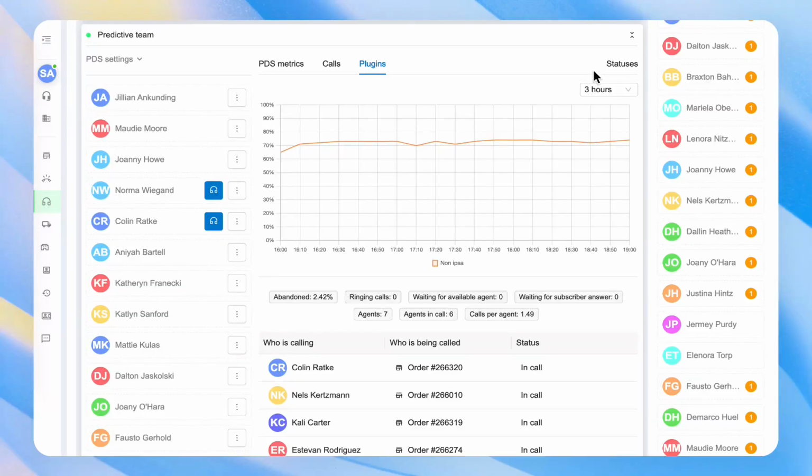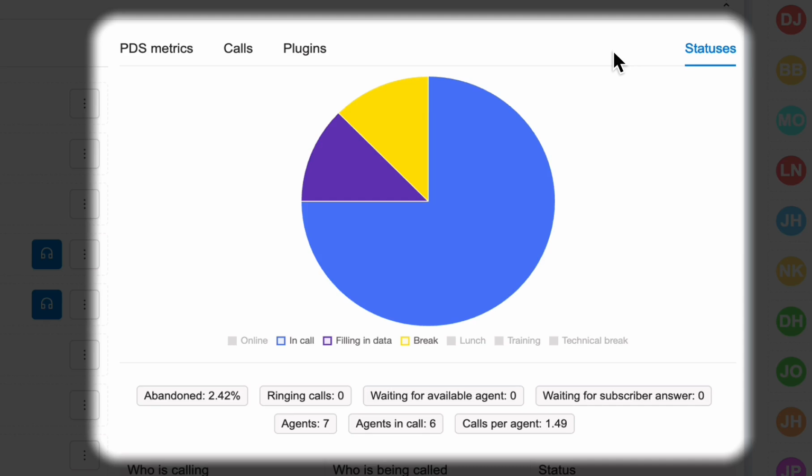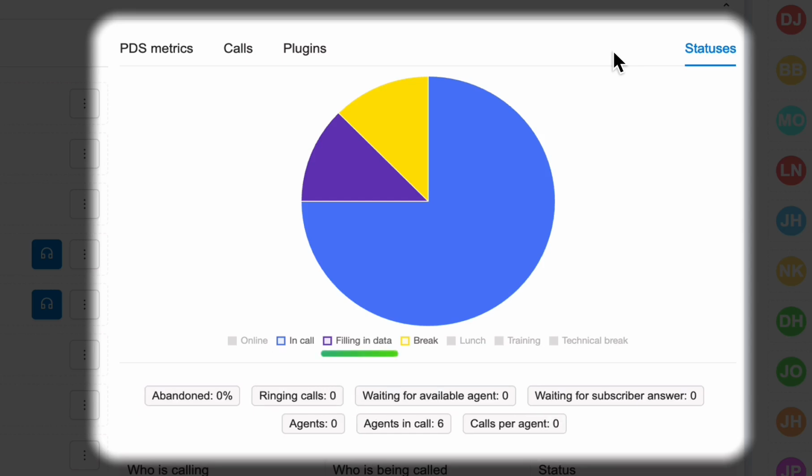Now let's move to the final section, statuses. Here you can see a pie chart that displays the current statuses of agents in real time. The available statuses are: Online, when an agent is waiting to receive an order from PDS. In call, a system status that is assigned automatically when an agent receives a call from PDS. Feeding in data, a system status that is assigned automatically when an agent is still working in the order card